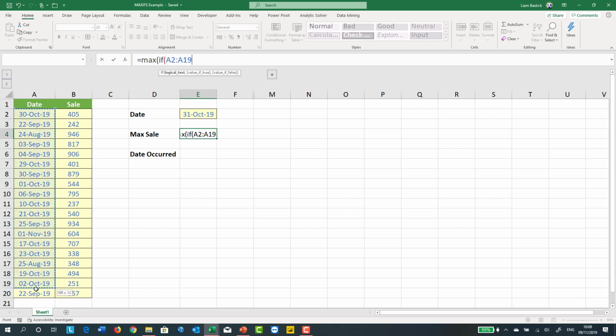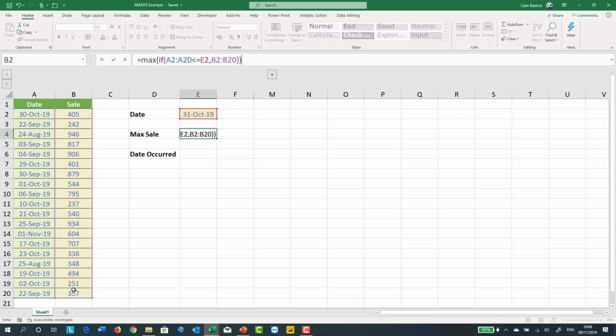If I then click on this range and say that's got to be less than or equal to this date here, then I want it to take the actual max of these sales here. Close brackets, close brackets. Now, because I'm actually doing a whole range, the if statement only looks at one cell at a time. It's saying, well, hang on a minute, I can't do if A2 is less than or equal to E2, and if A3 is less than or equal to E2, and if A4 is less than or equal to E2. It's got to keep an array, a kind of a list of all of these in there,